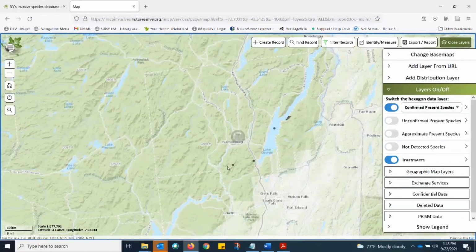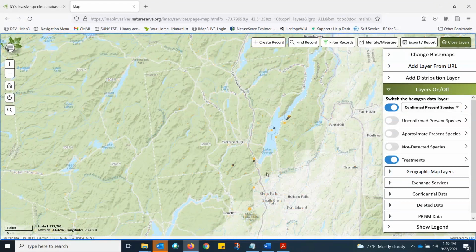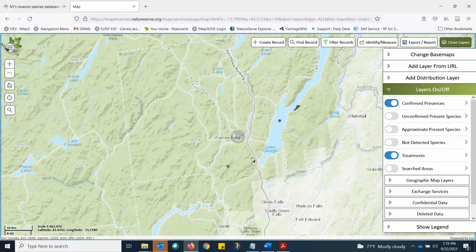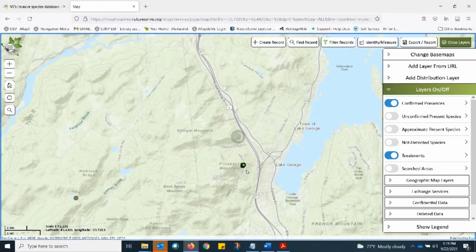The first infestation in this region popped up, I believe, in 2017 in the Lake George area. We'll let the map draw here in a second. There we go. So you can see these presence records. If I zoom in closer to Lake George, this is the Prospect Mountain infestation that popped up about 4